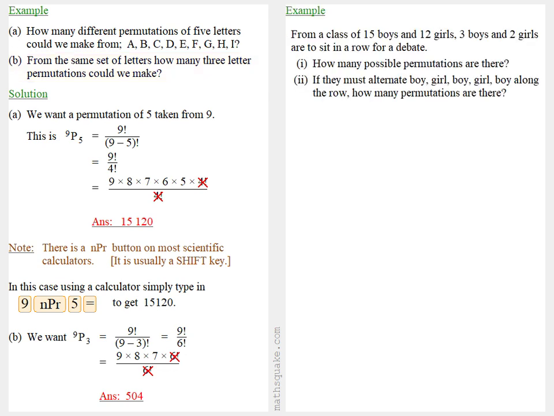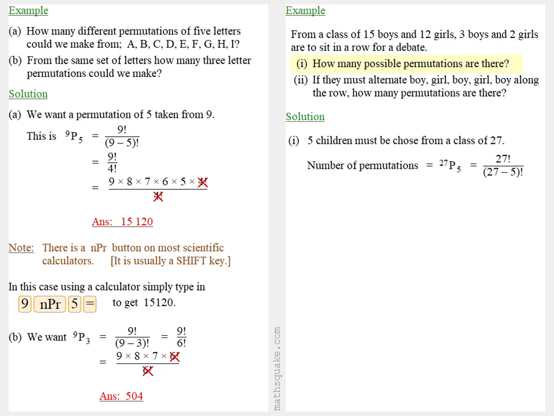Let's look at another example. From a class of 15 boys and 12 girls, 3 boys and 2 girls are to sit in a row for a debate. In part 1, we're asked how many possible permutations are there. Well, to solve this, 5 children must be chosen from a class of 27. So the number of permutations is 27P5, which is 27 factorial over 27 minus 5 factorial, which is 27 factorial